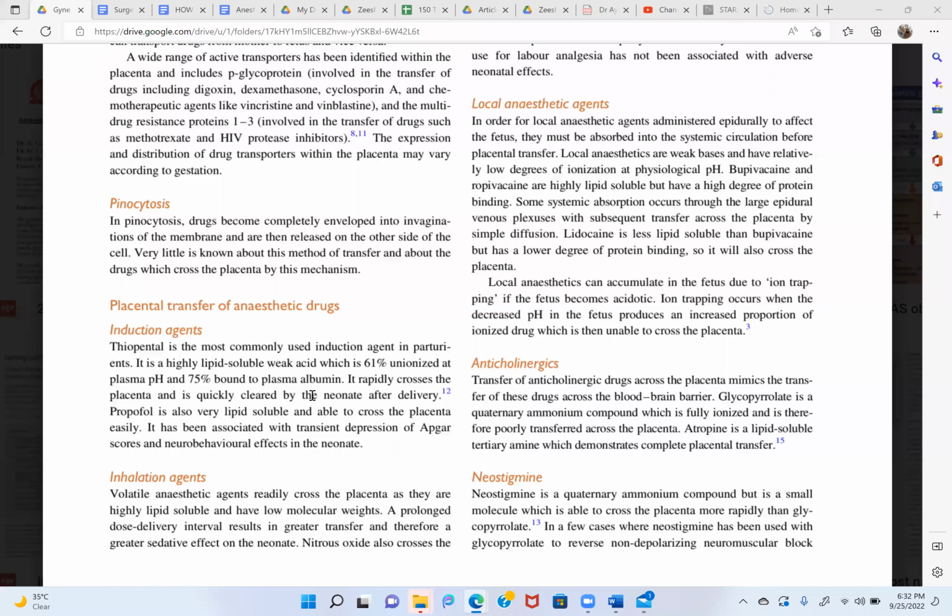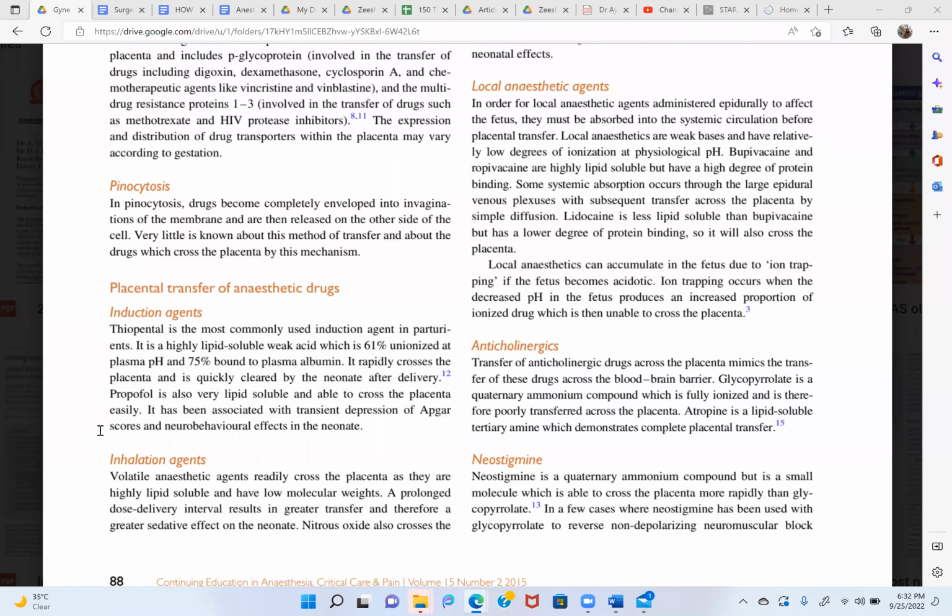Okay. So this is how they can theoretically cause effects, but if you are having a surgery, I don't think there is any effect. Inhalational agents, because lipid soluble medications will be crossing. Ionized medications with high molecular weight will not cross. Volatile agents cross readily, as they are highly lipid soluble and have low molecular weights. So if you are giving too high a dose,